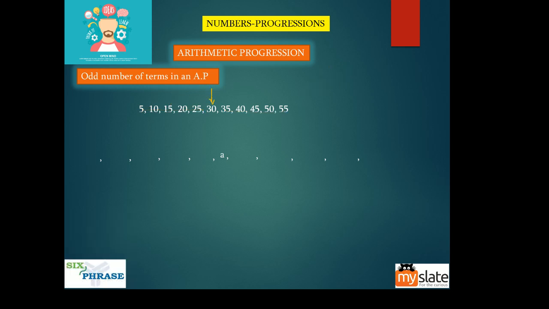So this is the center point. That will always be A. A will always be the center point. Now this will become A plus D. So what is D here? D is 5, guys. D is 5, right? 30 plus 5 is 35. What is 25? This is 30 minus 5. So this will become A minus D. What is this term? How do you get 40? 30 plus 2D. Yes, 30 plus 2D. 2 into 5 is 10. So 30 plus 10 is 40. So this term is A plus 2D, and the one on the other side is A minus 2D.